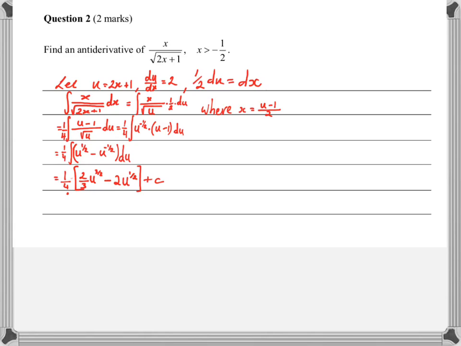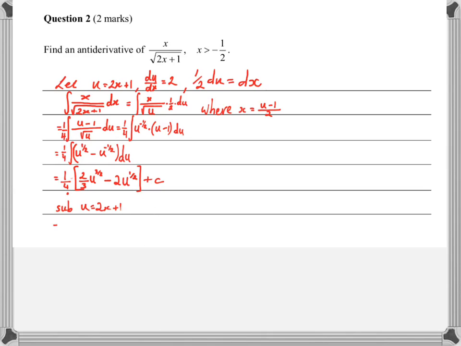Now, let's look at the question again. It says find an antiderivative. An antiderivative implies just one example of an antiderivative. When it's plus c, that's a general rule to cover all possible antiderivatives. So to obtain just one antiderivative,